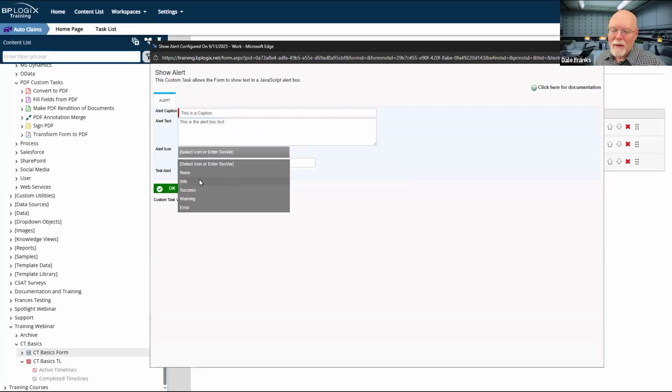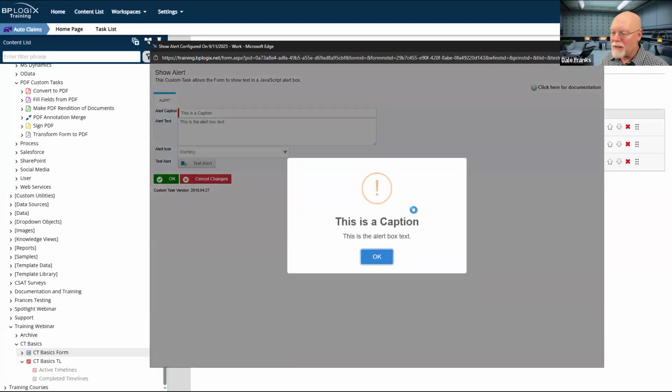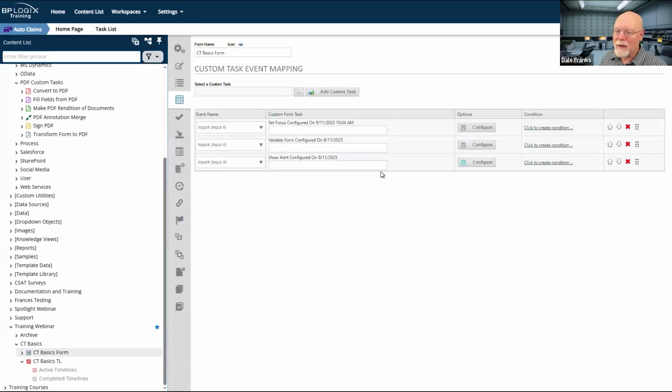I can have no icon, an info icon, a success, a warning icon. We'll just go with warning for right now. And I can test it from here. Great. This is a caption. This is the alert box text.